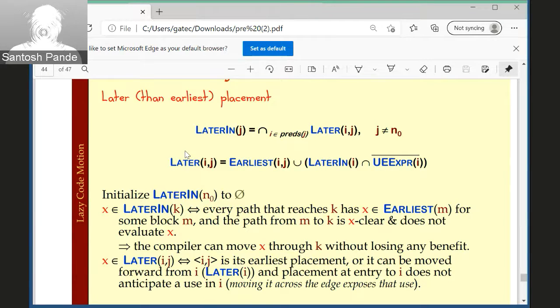Why would we not be able to sync in terms of all the edges coming into the block? Because it is possible that the earliest predicate on one side of the path is set to true because of non-availability and all other criteria being met. And on the other side, it is set to false because the expression was in fact available. As you see, that is the starting point of analysis to cover it along the non-available edge. So again, let me switch to